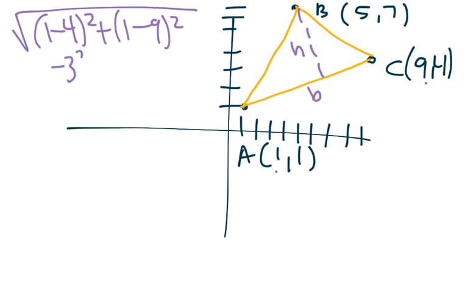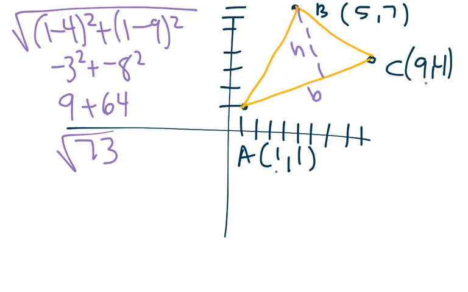So we get negative 3 squared plus negative 8 squared. So 9 plus 64, which would be 73. So we just did the one like this, right? So the square root of 73 was about 8.54. So our base is 8.54. Now the problem is, we need to figure out what this point is right here so we can find the